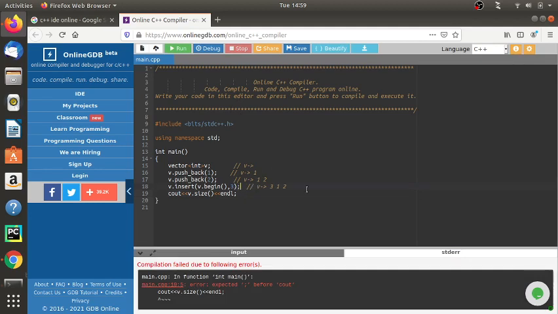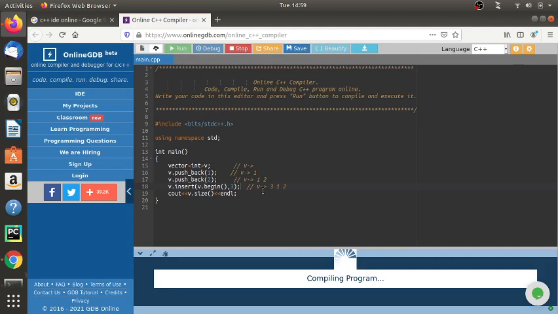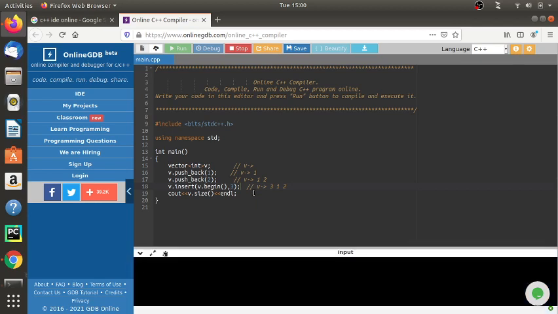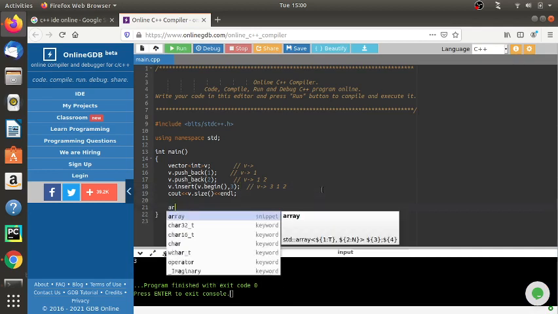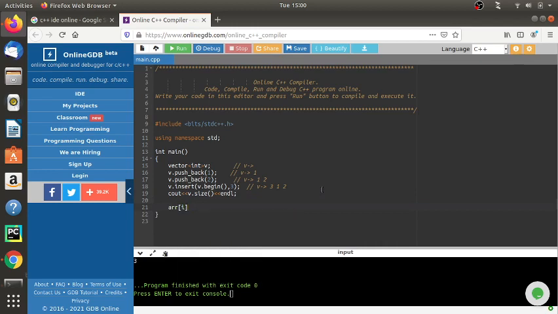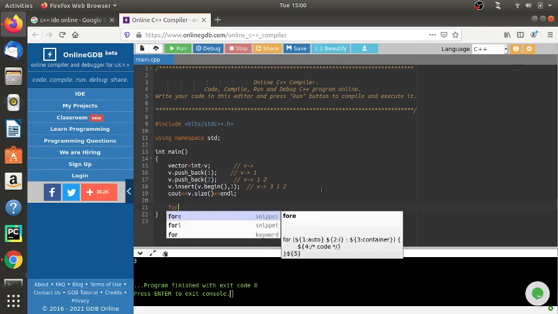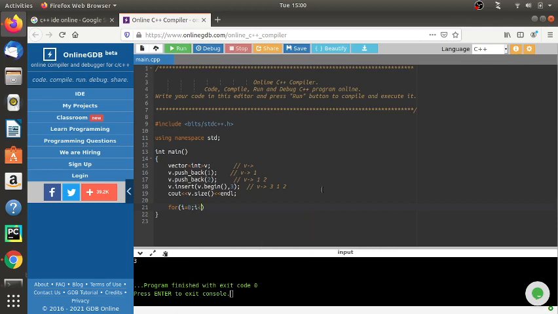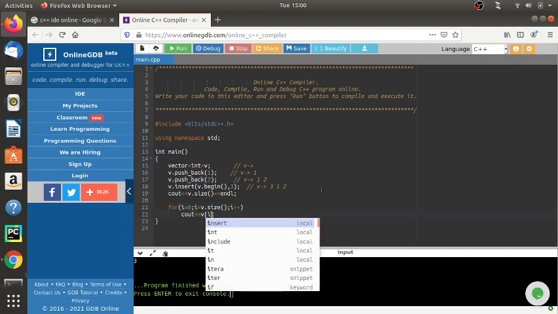Okay, size 3. Now if you want to iterate over a vector, in an array we can do array of i. Similarly, we can do it for a vector: for i equal to 0, i less than v.size(), i plus plus. We can print vector elements like this: v of i.